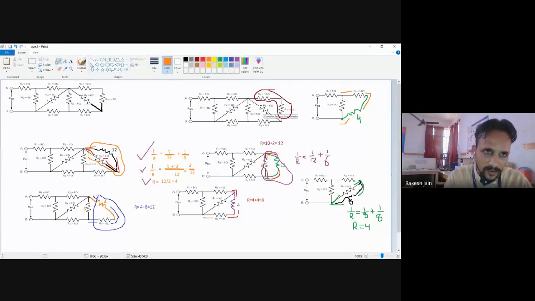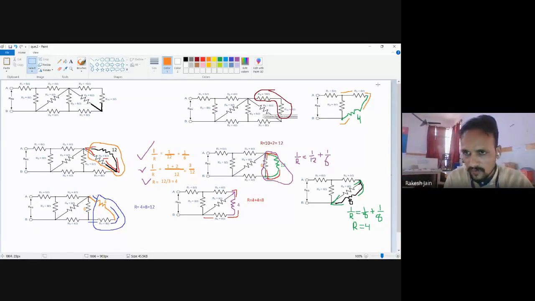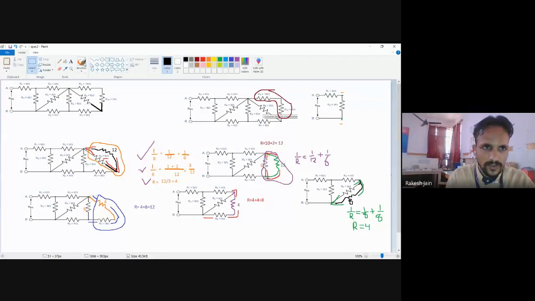So total 8 ohm. Because of the lack of space, I am doing this right now in this figure. These two 4 ohm resistances will be removed and only one 8 ohm will be there. Okay, now see, with this black color I am going to draw. So only one 8 ohm will be there.